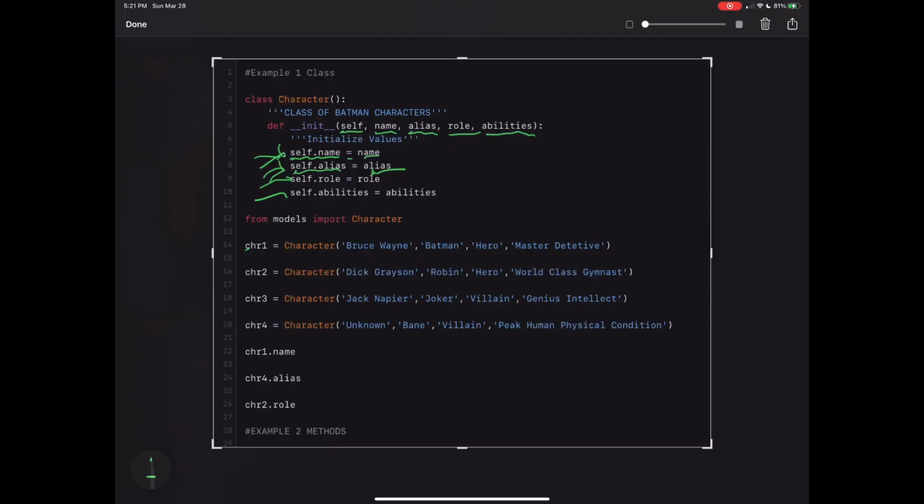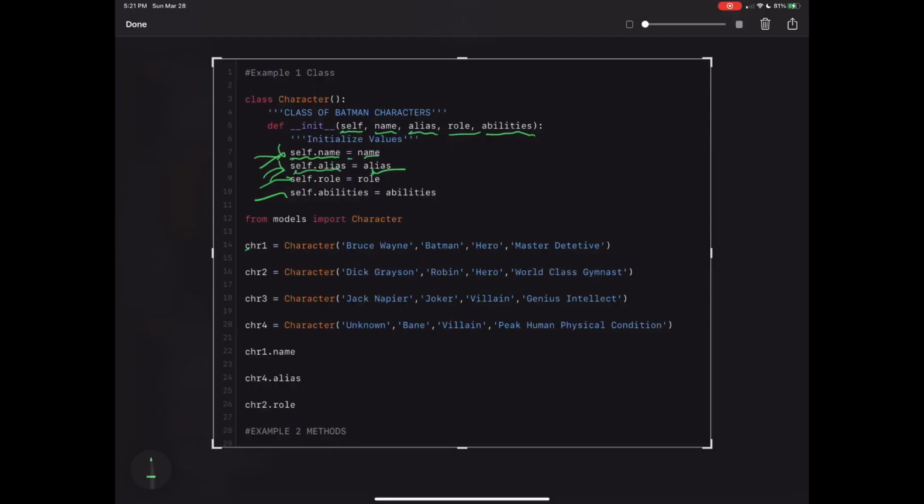Okay, so now we're going to look at inheritance, where we're actually creating a class, but we're just going to inherit all the attributes of the parent class that's above it. So we're going to come down here into our character inherit class, and you can see at the bottom that I've defined 2 more classes, one of which is hero and one of which is villain. So if I zoom in here,